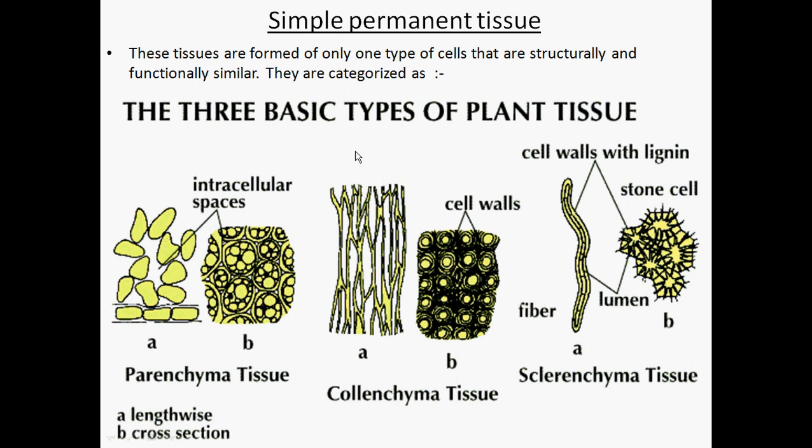This is the lengthwise view of the collenchyma tissue. And the sclerenchyma tissue contains dead cells with a cell wall deposited with lignin. Lignin is a cementing substance which gives tensile strength and compressive strength to the cell. They are known as stone cells as they are very hard and are present in the grit and in the husk of coconut. That is why they are considered stone cells, which we name the sclerenchyma tissue. One by one we are going to study the parenchyma tissue, collenchyma tissue, and sclerenchyma tissue.